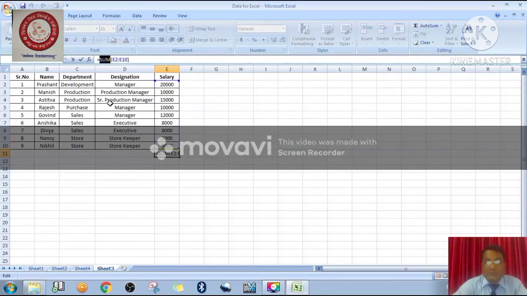Sum is nothing but one kind of function, and this function is not defined by any user. It is defined by the system only, Microsoft Excel only. This is a feature of MS Excel. So sum is one kind of function, and that function gives the action once it is used for the particular content of the cell.